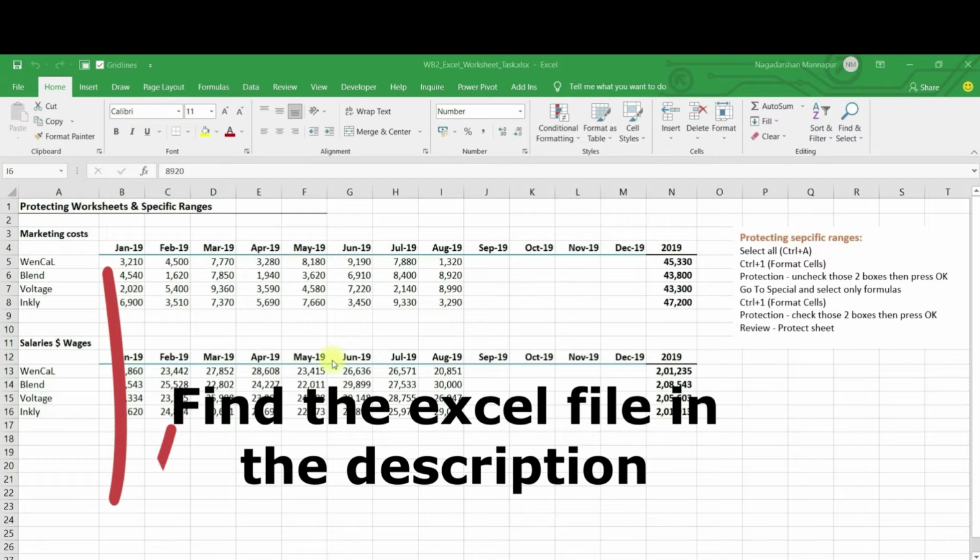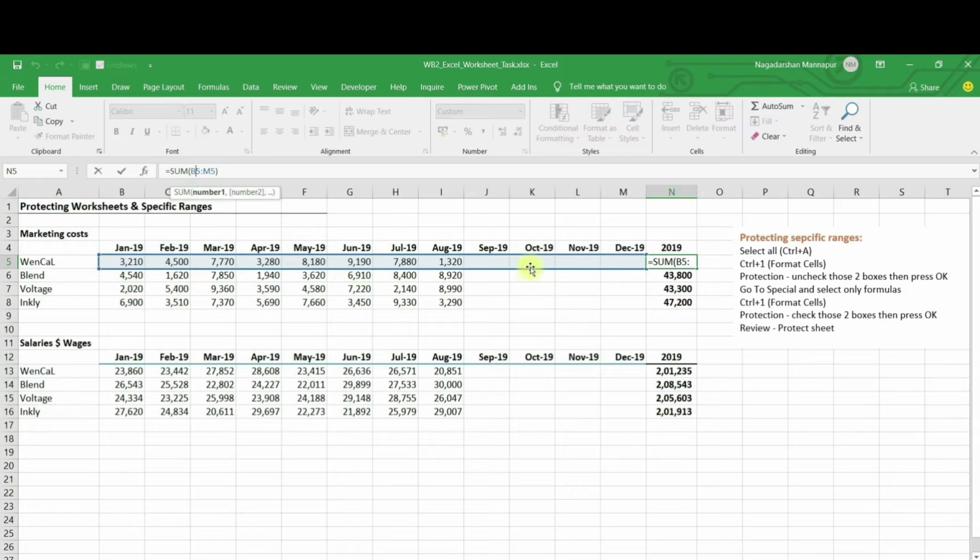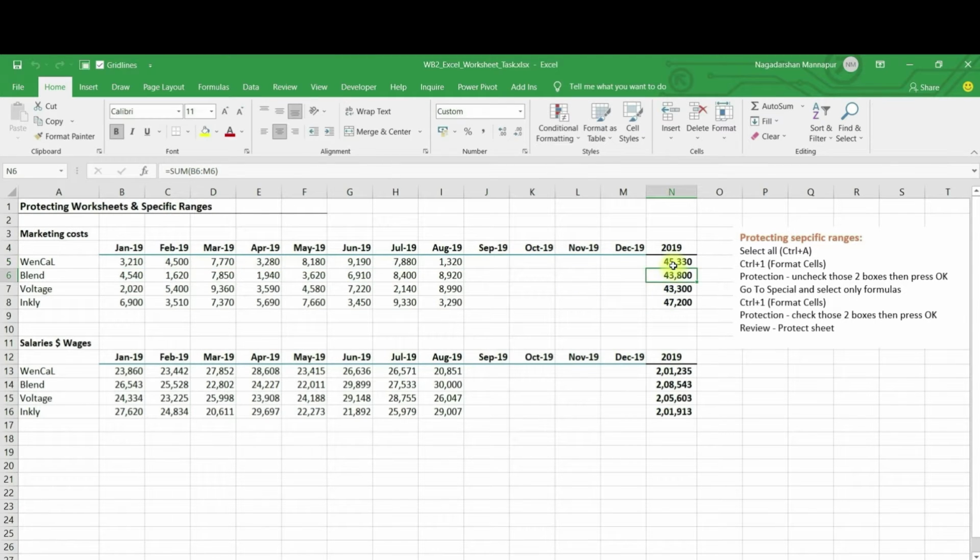This is the topic where we are going to protect only specific cells. For example, here I have application-wise sales data. We already received the sales values from the month of January to August. According to that, we just updated one function called SUM, the formula from B5 to M5. But let's assume we have a lengthy formula. Just as one example, if I am sharing this Excel file with many people, they should not do anything here, wantedly or unwantedly. If they do anything wrong, again it's very tough to rectify these kinds of formulas.